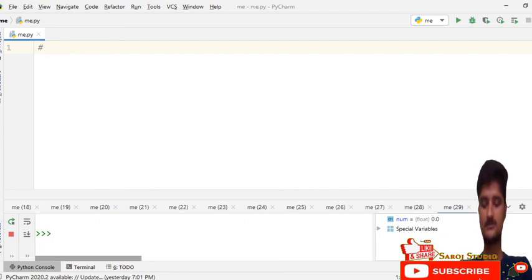The next program is to check whether a number is even or odd. If any value, let us say a modulus